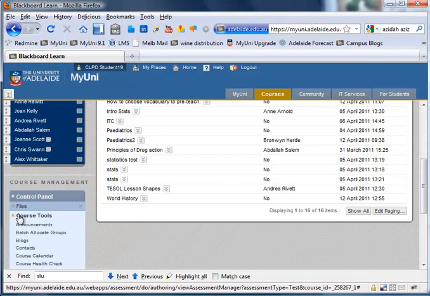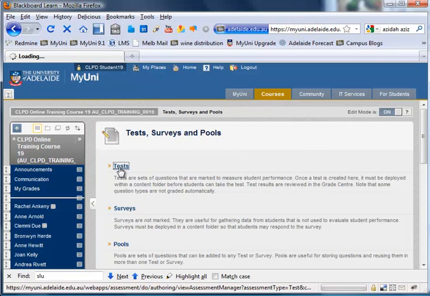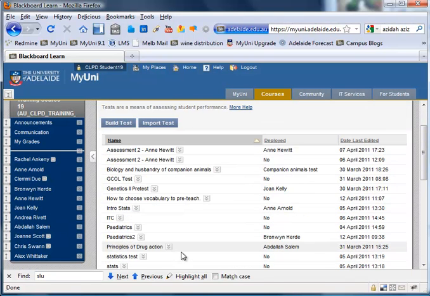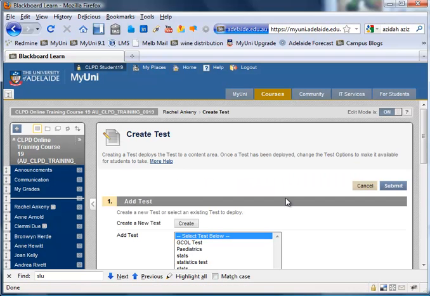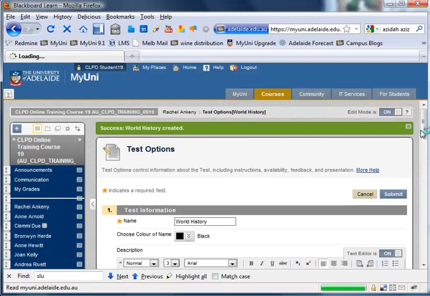So if this happens, if you get that error message, you can check that it's there by going into Control Panel, Course Tools, Tests, Surveys and Polls, Tests. And if you can see your quiz there, then all you have to do is do the last bit of it from within MyUni. So I'll just use Rachel's area for now. So if you go into your own area and then click Create Assessment and add a test, you'll see a list of all the tests that are available, and World History is the one I've created. So what I want to do is add that,